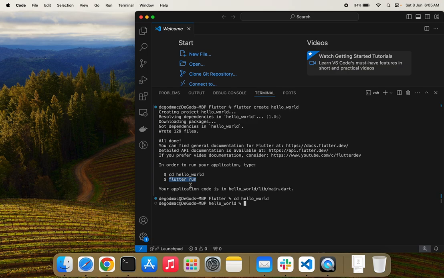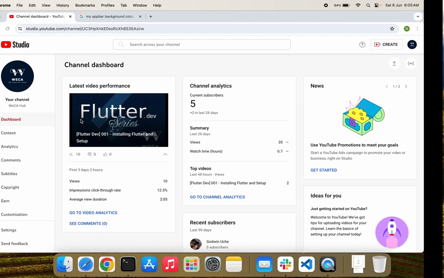Now, for you to run your Flutter app and see what you're running correctly, there are a couple of ways to do this. First, you either have a mobile phone connected to your system and detectable by your system. We'll probably check that out in other episodes to come. And then the other one is to run your Android virtual device. To do that, you must have your Android Studio installed. And when you have your Android Studio installed, you can go to the official website to have that